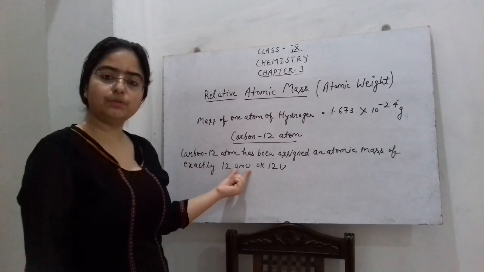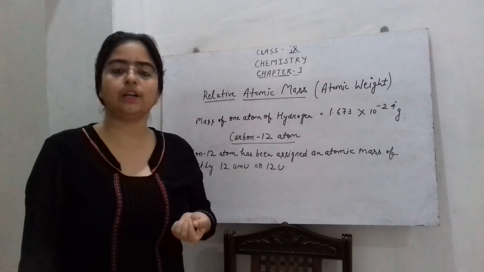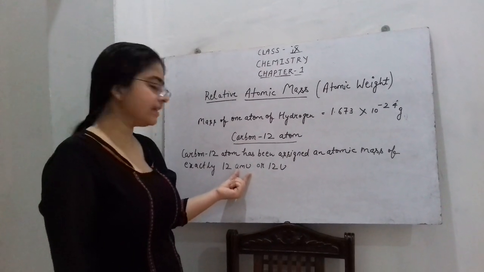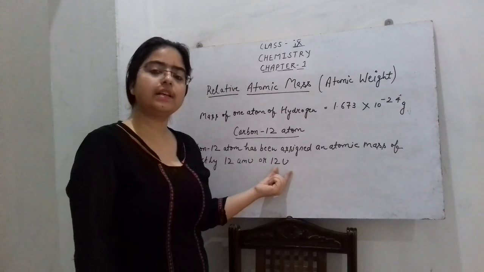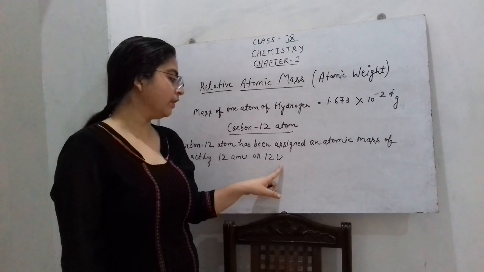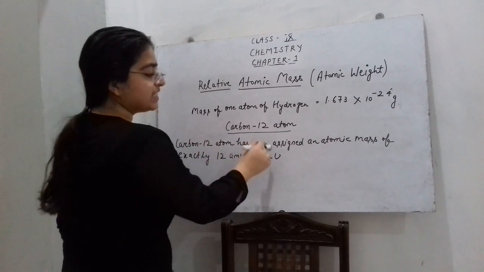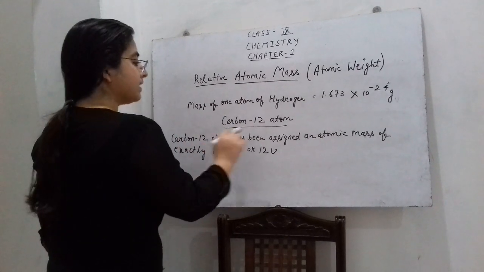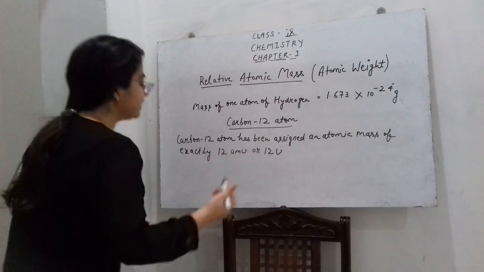Now what is this AMU? Atomic mass of different elements is expressed in the unit called atomic mass unit, and it was earlier written as AMU, but nowadays atomic mass unit is denoted by the letter U only. Now since the mass of one atom of carbon 12 has been assigned an atomic mass of exactly 12 atomic mass unit, so we can say that